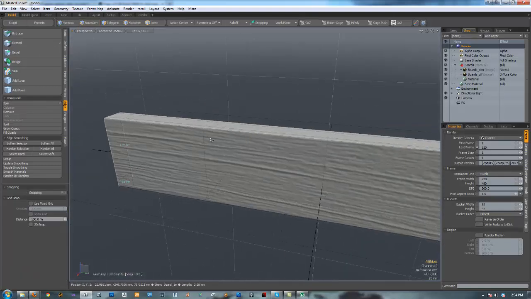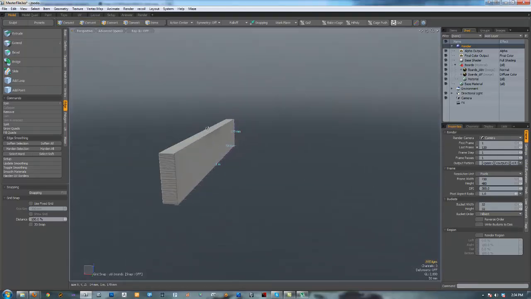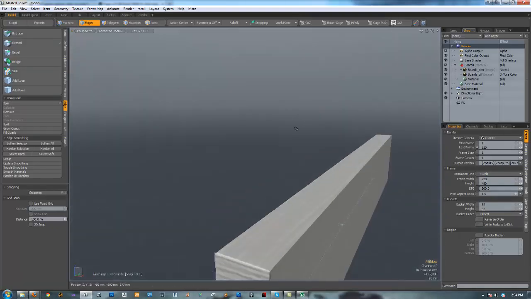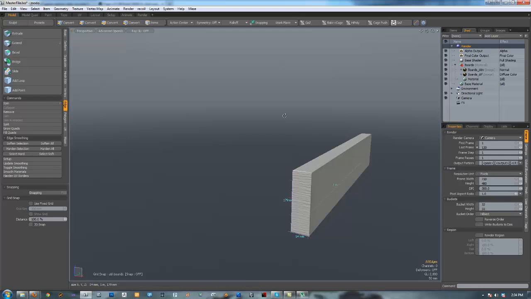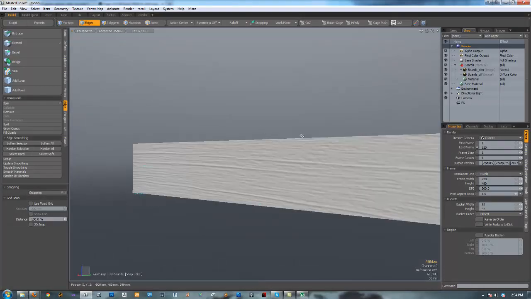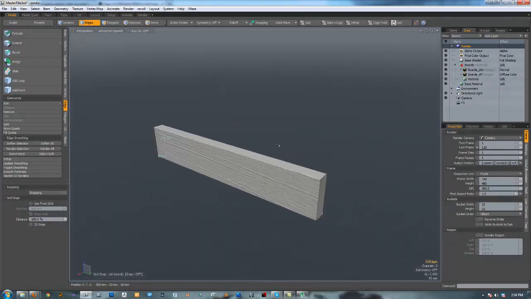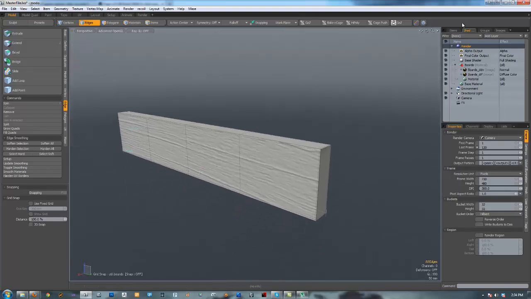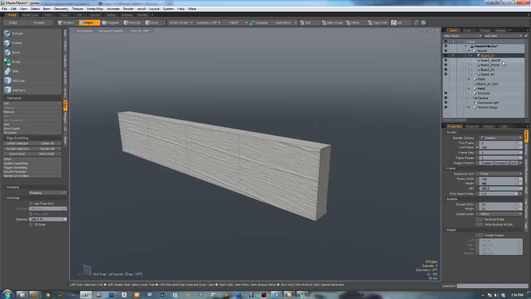And now when we hit tab, turn off the warp plane and the wireframe. Now when we hit tab, this is what we want. Nice smooth edges to subdivide in ZBrush. Okay, so now we got our edges here. You can see what they look like. We're going to make sure our